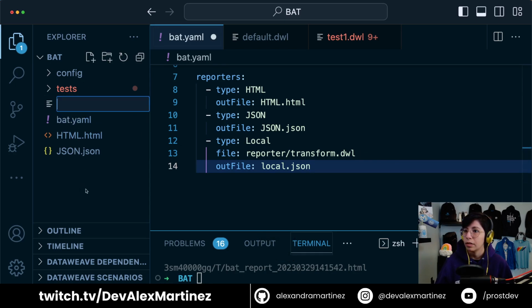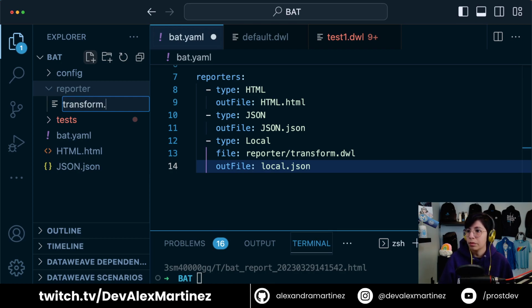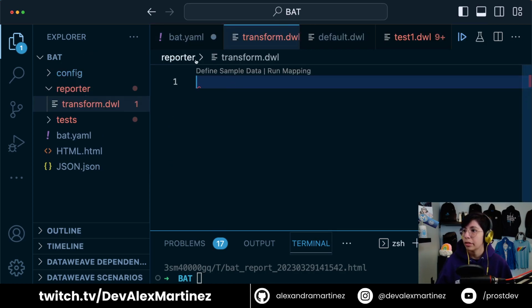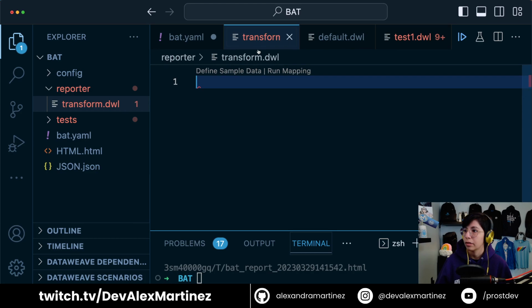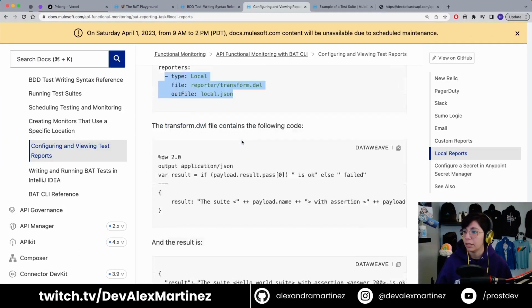File, reporter, transform.dwl. I'm just going to keep the same name. Out file, local.json. And now here,